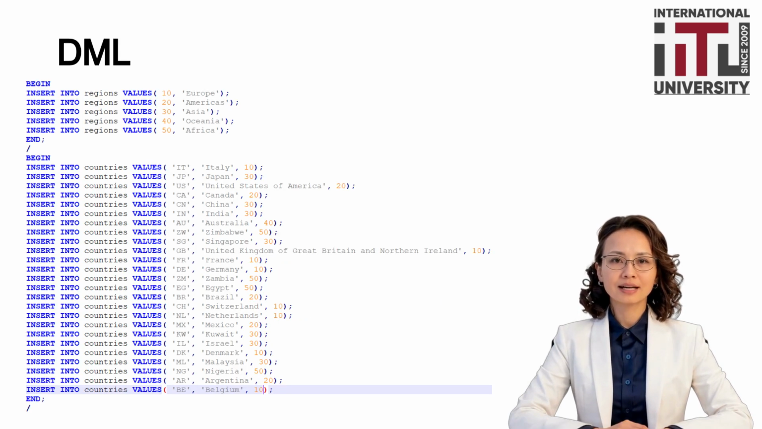Data Manipulation Language, DML, is crucial for managing data within databases. It includes commands like insert, update, delete, and merge, allowing users to modify data efficiently. These operations ensure data integrity and facilitate dynamic data handling, essential for maintaining accurate and up-to-date information in any database